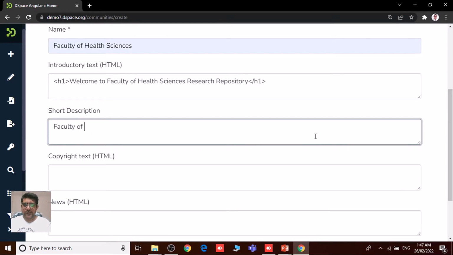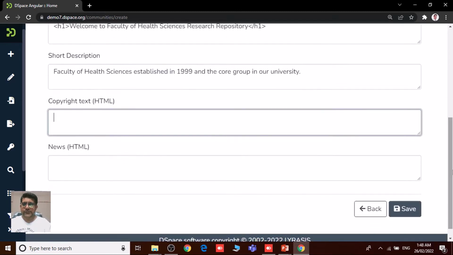Faculty of Health Sciences established in 1909, and the core group. This is just a dummy example, and some copyright information. For example, please contact